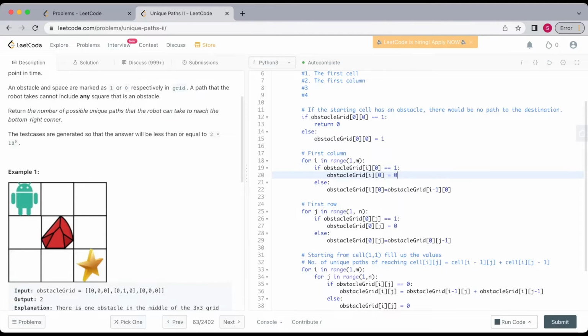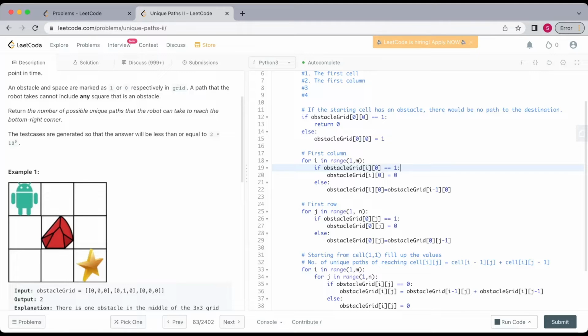So for our dynamic programming matrix, this value should be set to 0. And otherwise, if there's no obstacle, then the current value for the dynamic programming matrix needs to be the same as